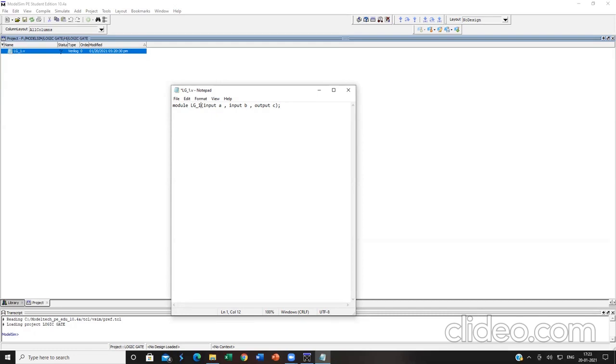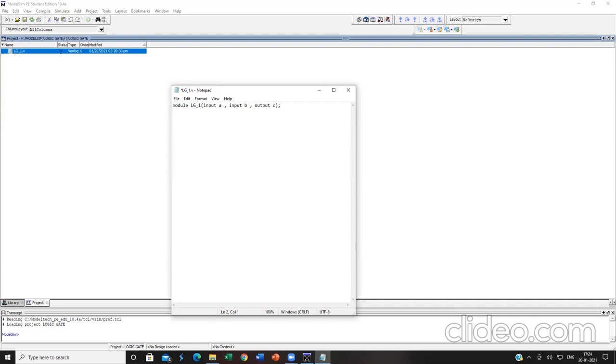If I want to allocate a different length for these operands A, B, and C, I can do it accordingly. I will show that in the next class. For now, let us see how to do it. Module LG_1 is the name of the folder. Now click on enter.